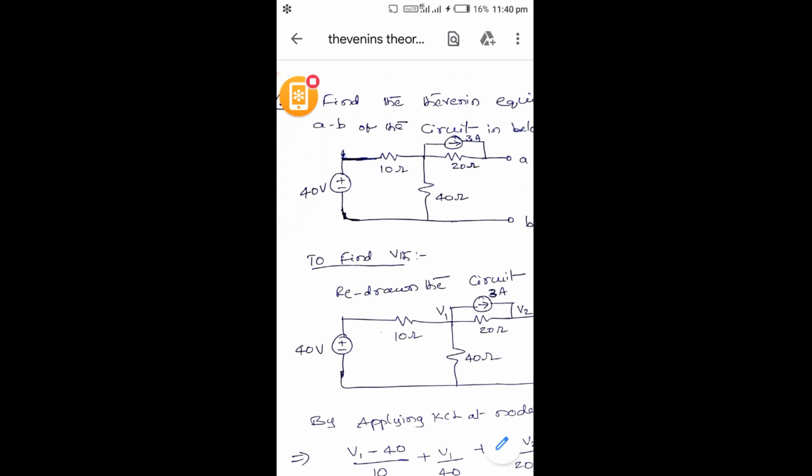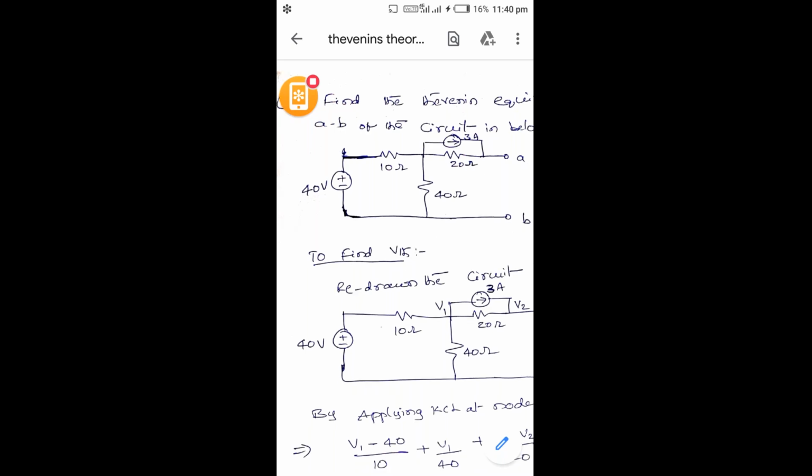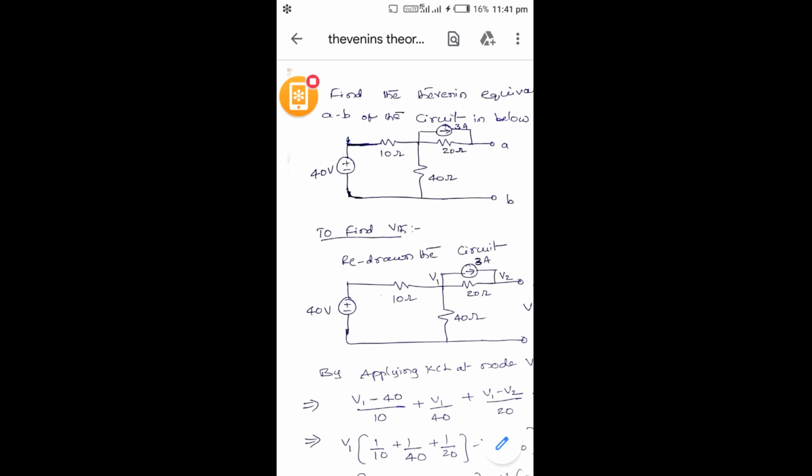First of all, in Thevenin's theorem, we may connect any element across the A and B terminals. That element can be opened and replaced with VTH. In this case, the A and B terminals are open and we don't know any value, so we substitute the VTH condition there. So you can find VTH from the above circuit. Again, redraw the circuit and place VTH across A and B.